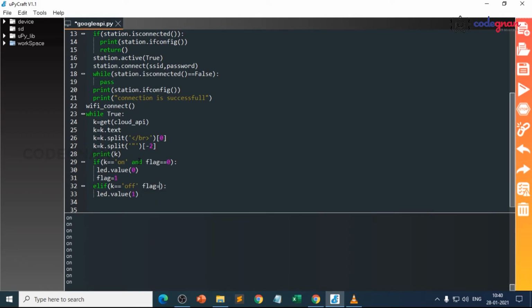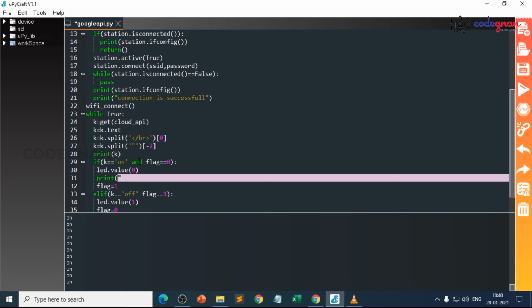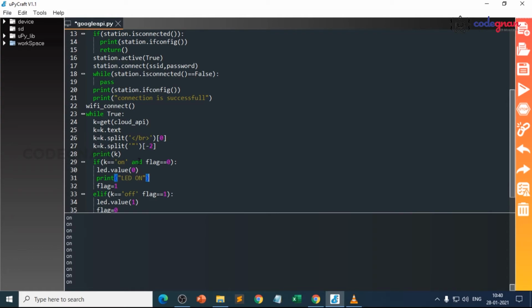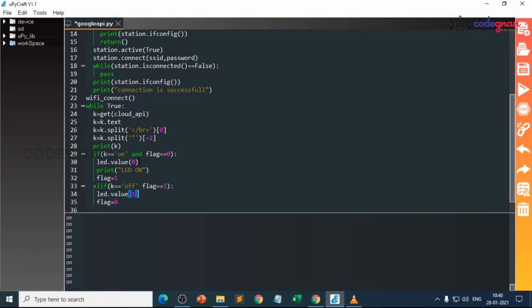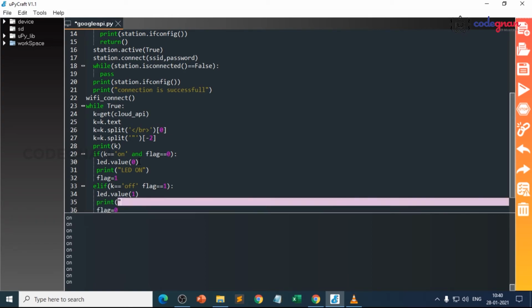A flag equals to 1, then a flag equals to 0, and you can write a print statement so that we can easily understand this. So print LED on, and you can write it here also, print LED off.